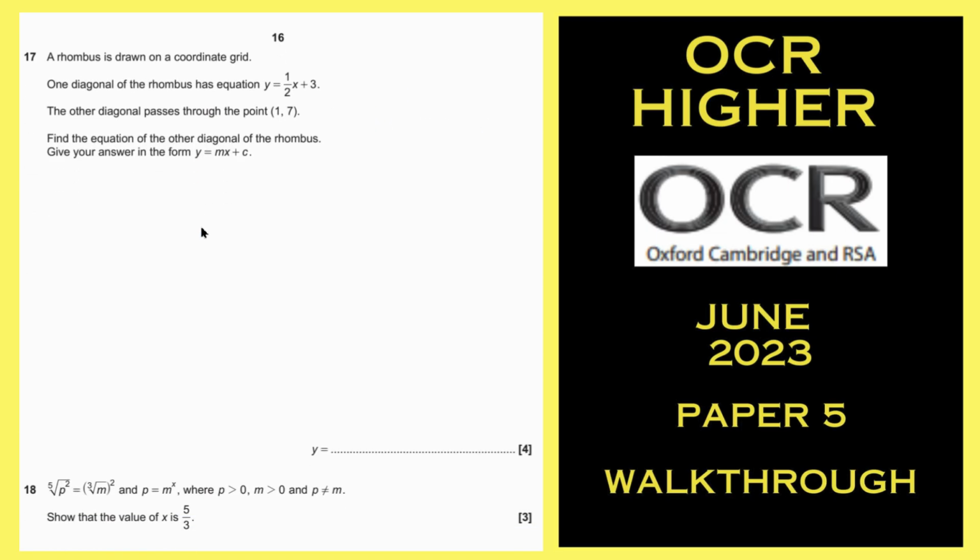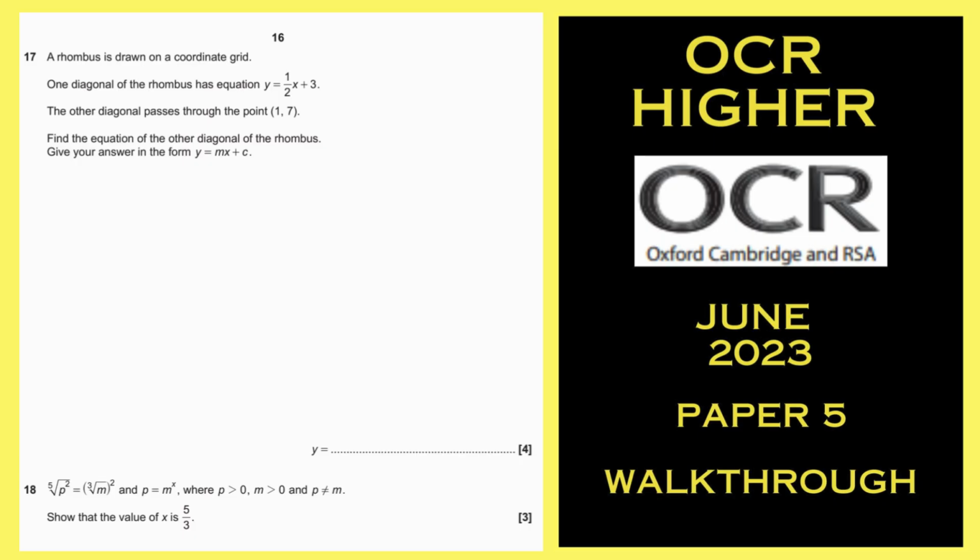Number 17. Just before I go through the question, a reminder about some stuff you will have studied way back in year 7 or 8. A rhombus is a falling over square. I've drawn it rubbish, you know what I mean. All the sides are the same length. But the difference between a rhombus and a parallelogram is that the diagonals are perpendicular. That's one of the reasons why a rhombus has 2 lines of symmetry, but a parallelogram does not. So there we go. It's hidden in the